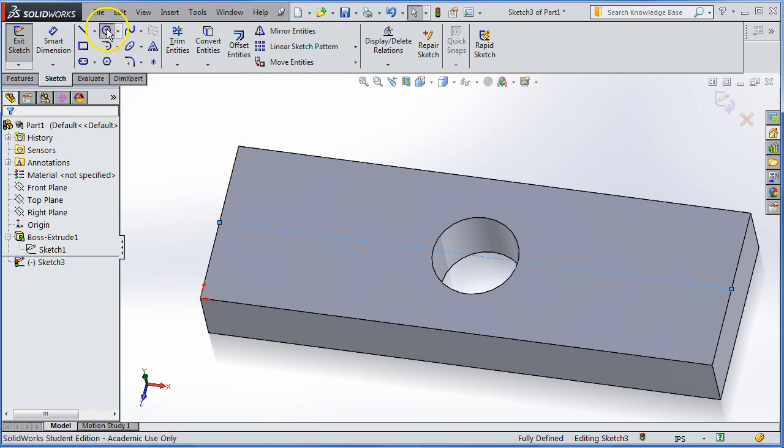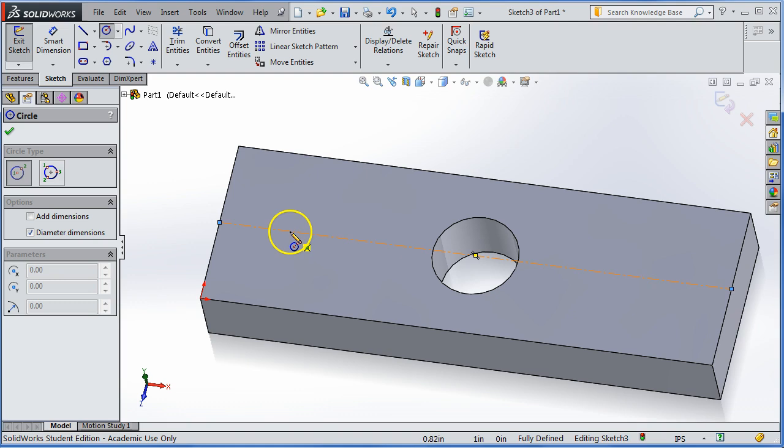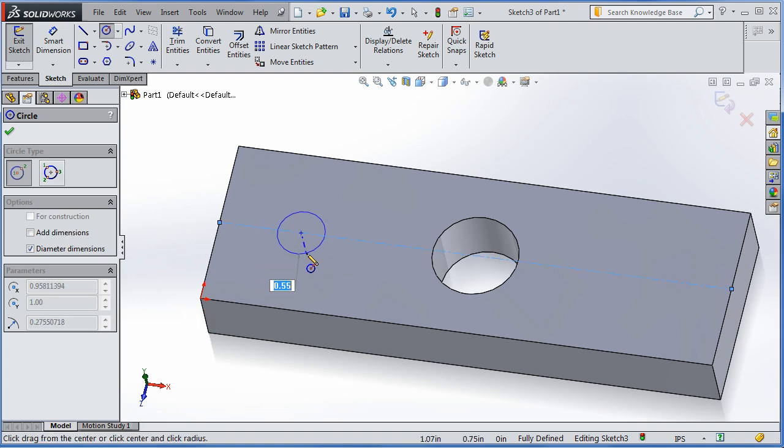We'll put a circle in. This will be a hole. Now you see, if I start the circle, its center, on the center line, then we've already got that, and we don't have to add a relation later. So I'm going to click here, and I know that it's going to be on the line because it turned orange, and because the little green dot that appeared to the right of the pencil by the eraser, that indicates it's right on the line. So I'm going to click there, and now I'm going to expand the circle,